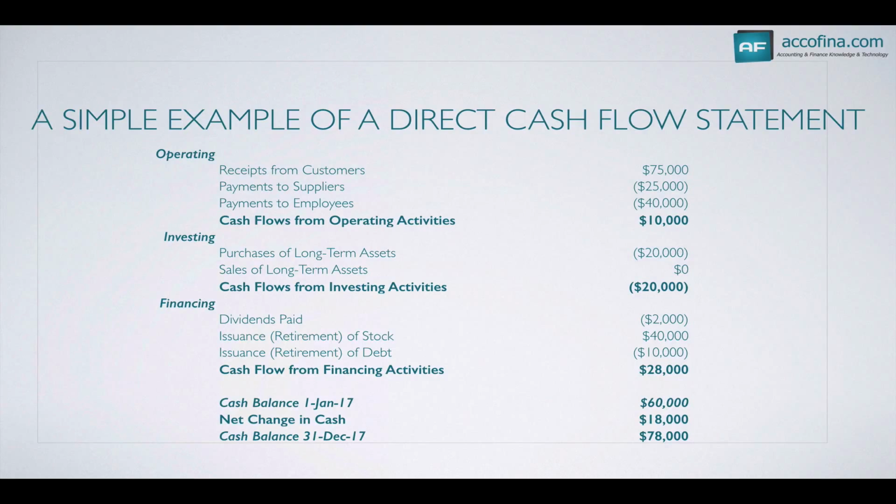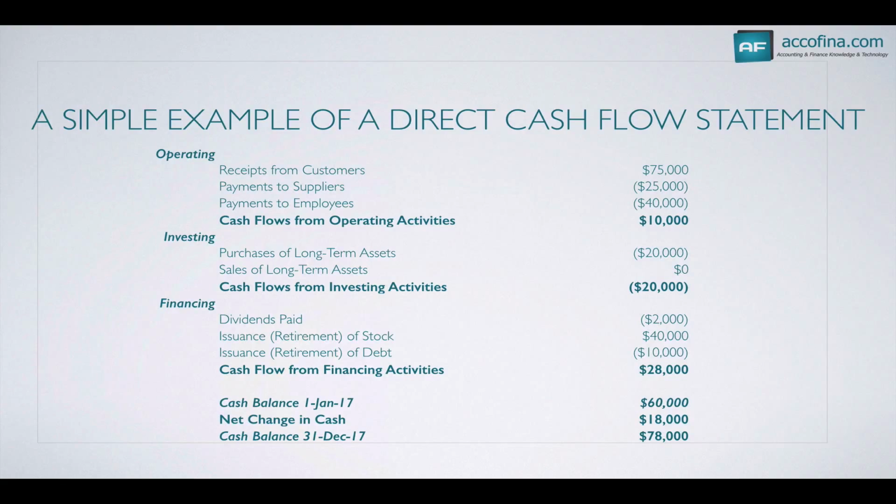Okay, let's go to a couple of simple examples. So here's a basic example of a direct cash flow statement. You've got operating activities at the top: receipts from customers, payments to suppliers, payments to employees, a total of $10,000. Investing activities, they purchased a long-term asset for $20,000. So they're generating cash from their operating activities, which is a good sign. They're investing in new long-term assets, so they may be trying to expand